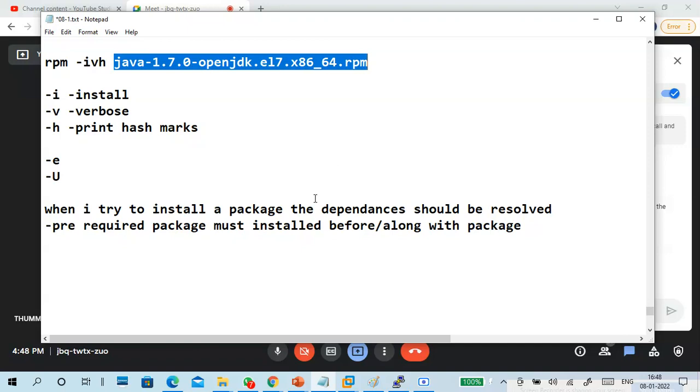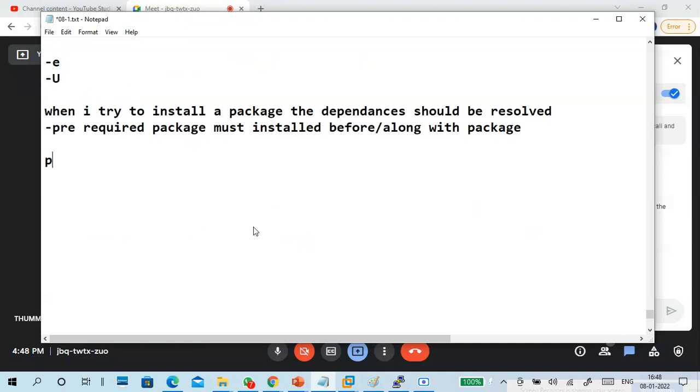How to install it first? For example, this is my package and I want to install it. Maybe there is a package that should be installed first, then only I can install this one. To install that one, I may have to install some other package like this.